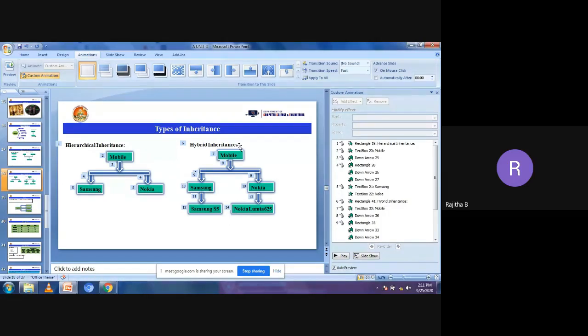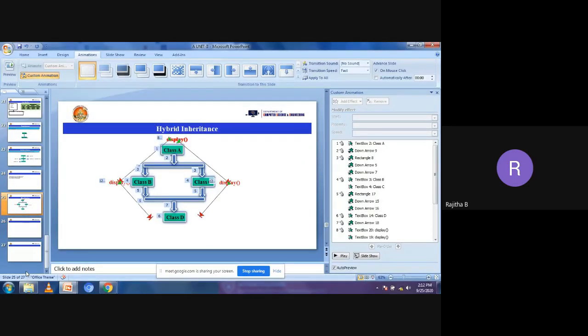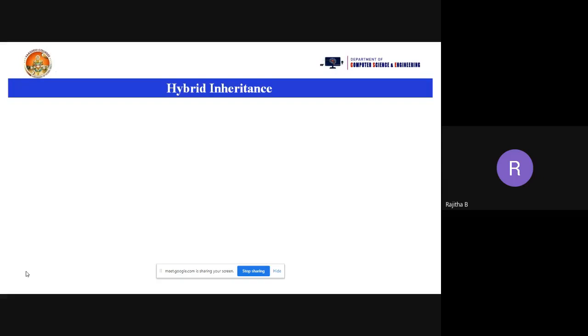Now we'll go to one more example for hybrid inheritance. Let us consider this one. This is hybrid inheritance.